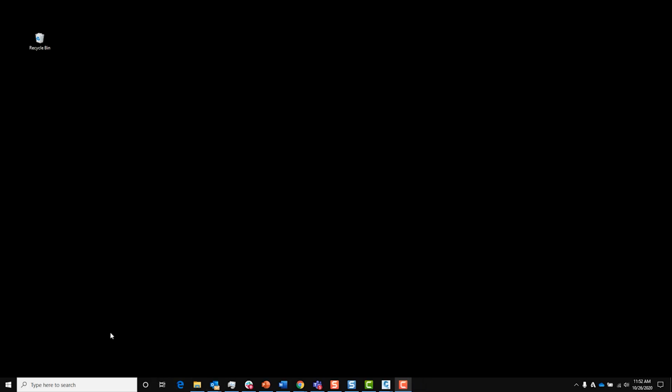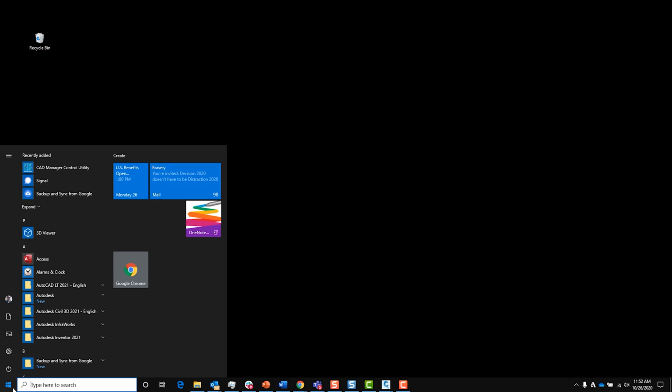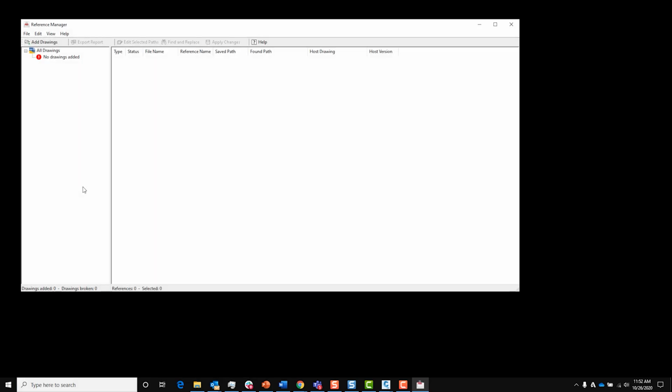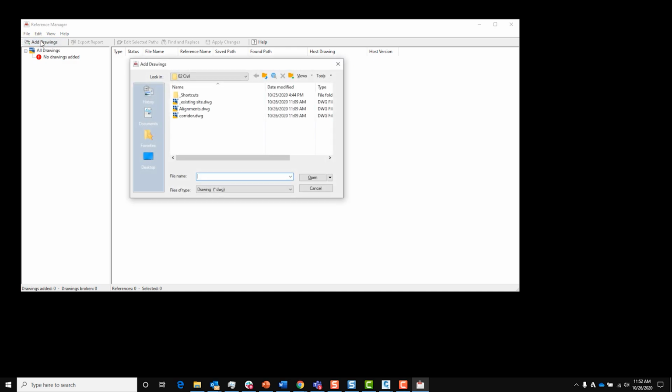A tool that's already on our machines as part of AutoCAD is the Reference Manager. I'm just going to my Windows Start button and start typing in REF, and it brings up Reference Manager. This is just a base AutoCAD tool, and this will allow me to quickly look through those drawings for any problems. So I'll click Add, and I'm going to browse to the local location.